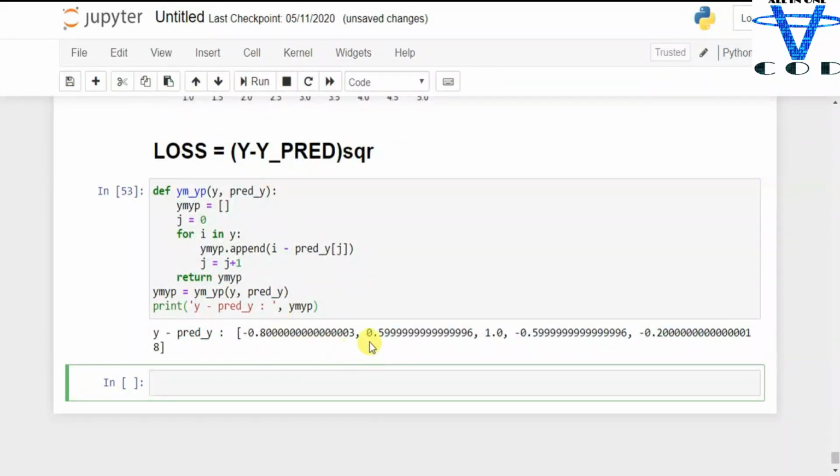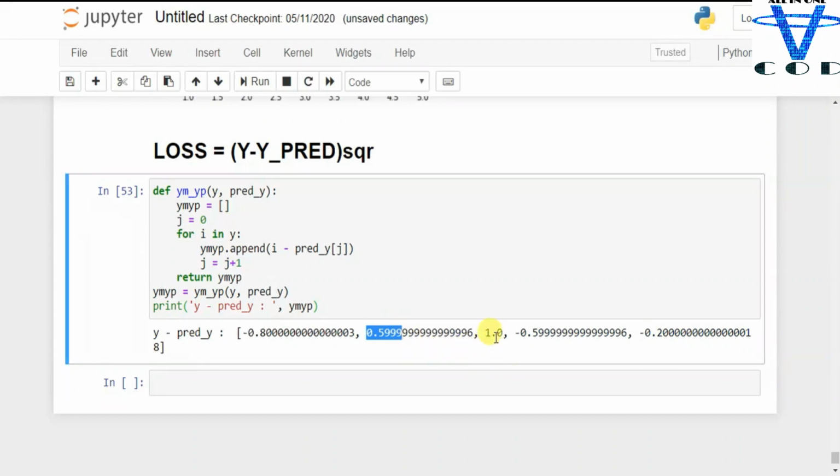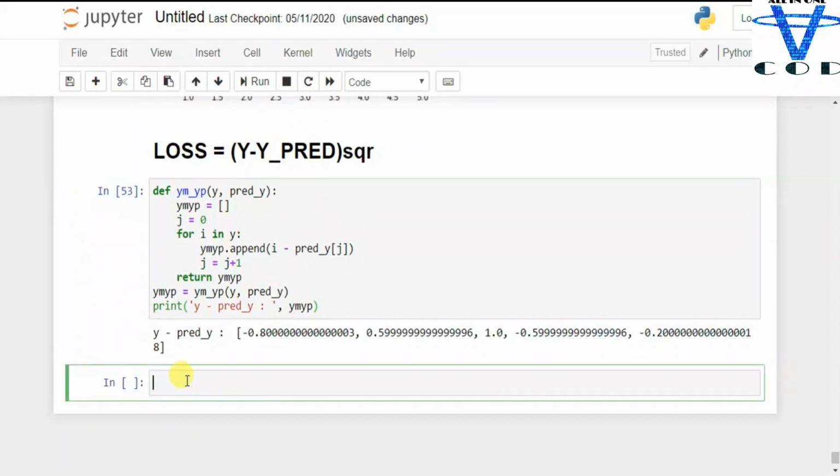We just found the y minus yp, which is the predicted value, and let's define the square function of ym_yp, and then obviously we want to pass the ym_yp, and let's use the square.